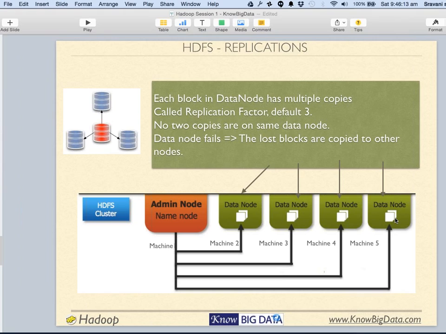Now, good question from Binod. If the admin node goes down, the way the whole architecture is built, there is always a secondary name node. These are failure backups: the secondary name node has an exactly identical copy of whatever data is there on the name node, ready to serve the cluster immediately.